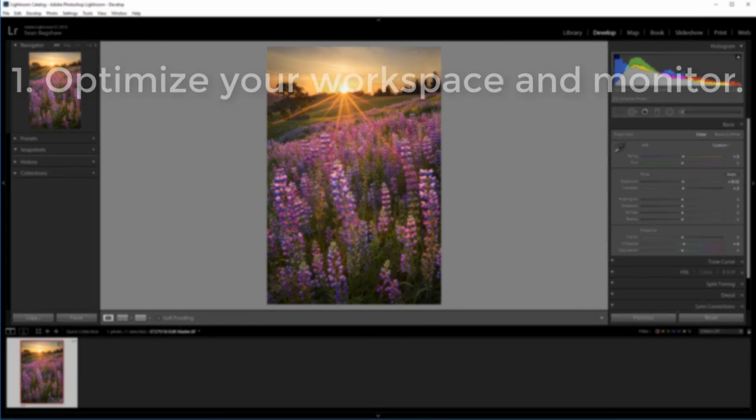The first thing to do is make sure your computer monitor and workspace are optimized. If you can, locate your computer in a room where the lighting is as consistent as possible. I work with the blinds shut in my office so that the lighting is always the same, day or night. Changes in brightness and color of light will also change what you see on your screen and how you edit